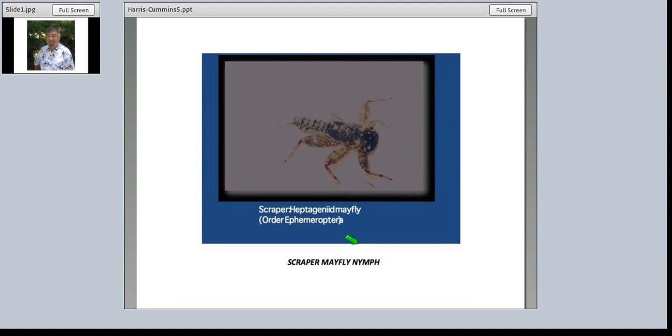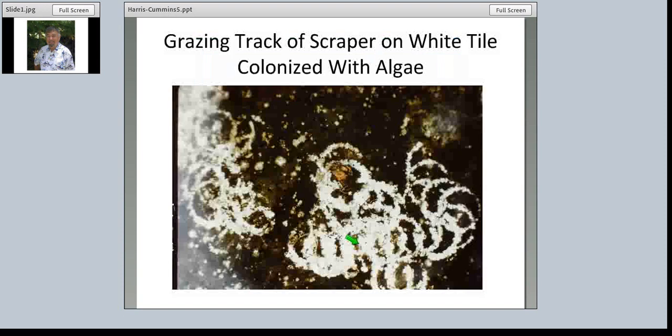Here's just not a terribly great picture, but this is a really common mayfly family of scrapers that occur in certainly all non-polluted streams in Northern California. It'd be very easy to find this particular group of mayflies that make their living by removing the algae. You can see here's an experiment that was done. The white tiles were colonized by algae, tightly attached algae, and then a caddisfly. This is the caddisfly here in the stone case, and where they've grazed, you see they've removed the algae, and you can see the tile. You can see how efficiently these animals can actually graze.